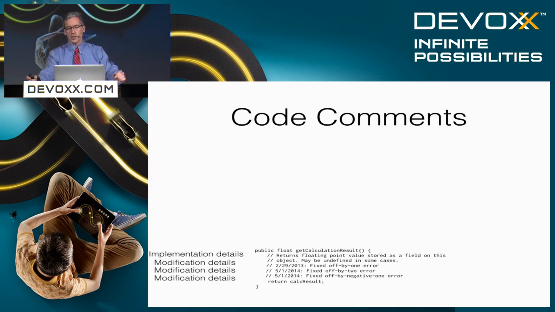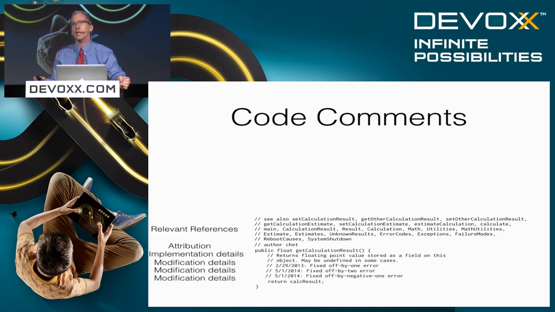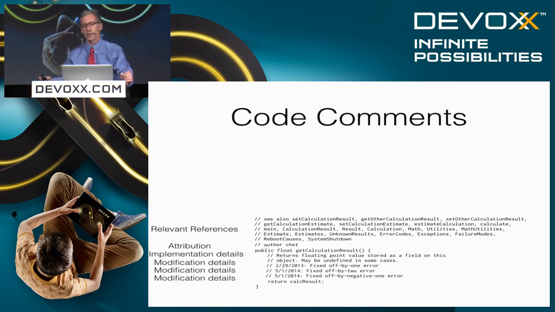Now, you're going to need some attributions. Most importantly, you're going to want to tell people who wrote the code so that they can hire your company in the future. You're also going to want to tell people what might actually relate to this. You want to refer them to other classes or other technologies or Wikipedia entries, maybe your Google Plus account, anywhere that they might get more information on this important calculation and important getter facility. So you want to tell people about the math utilities. You want to tell people what a calculation is. Anything that you can think of that might relate to the topic. Terribly crucial because they need to understand what's going on in the code at all times.